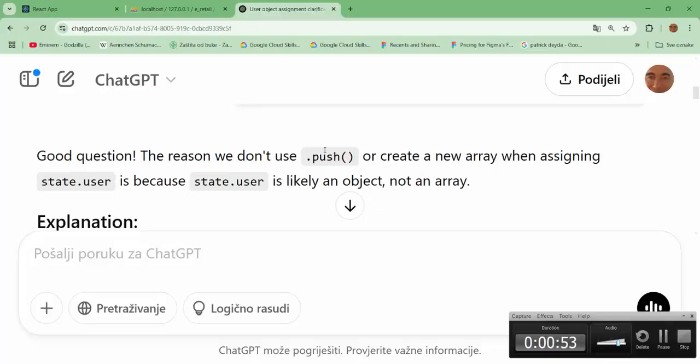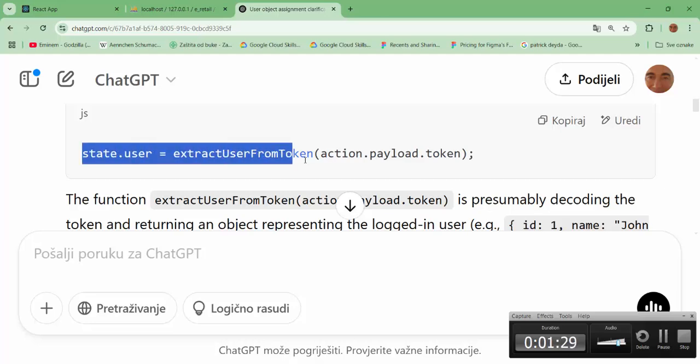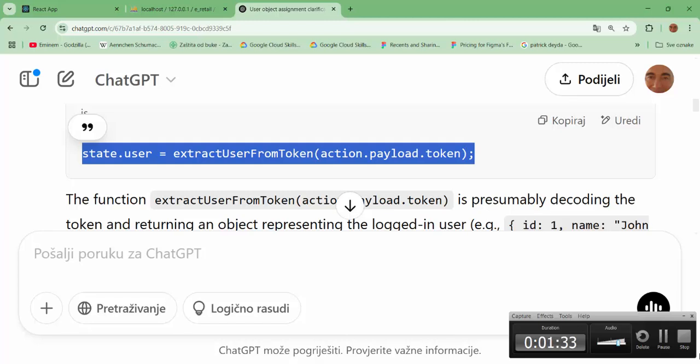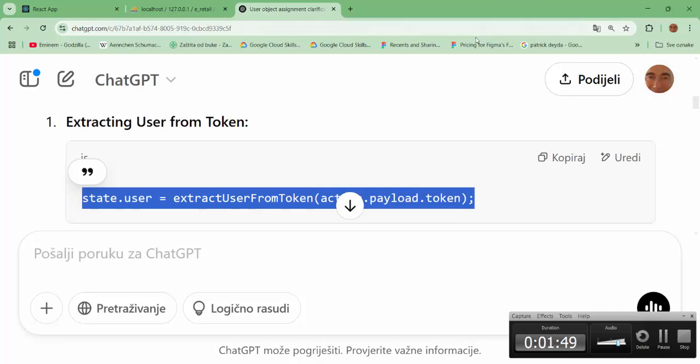Here it is. I ask it. A good question. The reason we don't use push or create a new array when assigning state user is because state user is likely an object, not an array. Okay, that's all. That function extract user from token creates an object, not an array, and we have this assignment directly, state user equal new user from the token, because user is an object, not an array. Okay, of course,